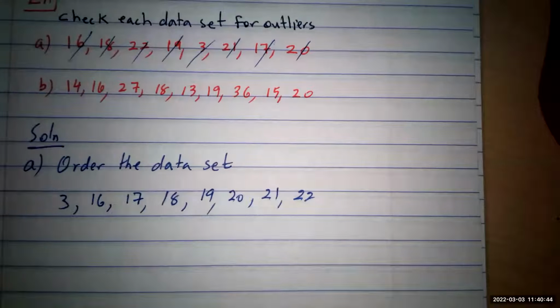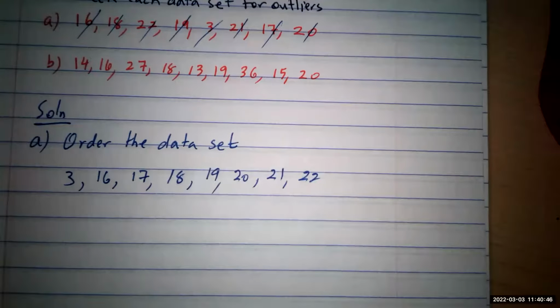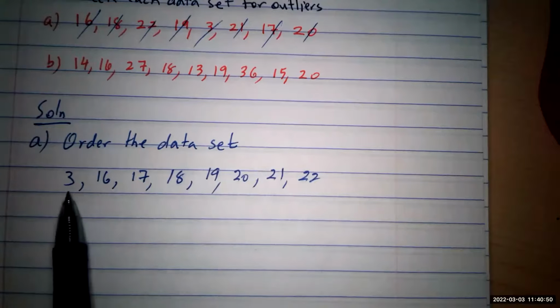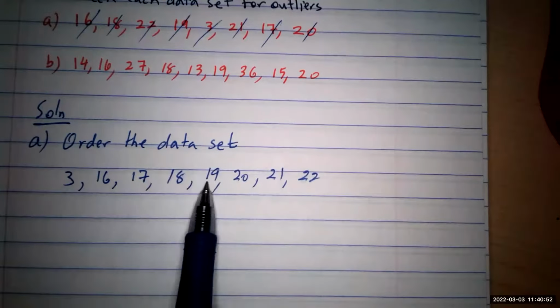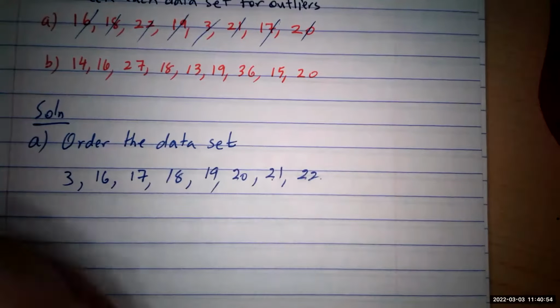So this is the way we order it. And the number of observations is 1, 2, 3, 4, 5, 6, 7, 8. So n is equal to 8,